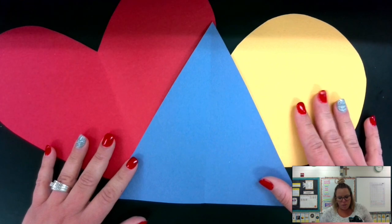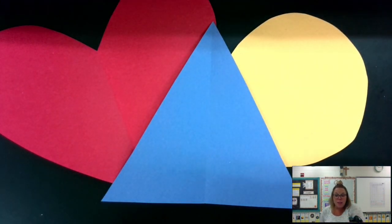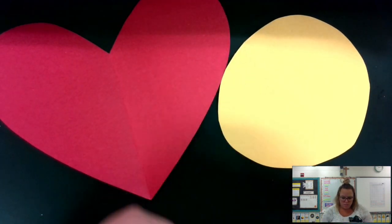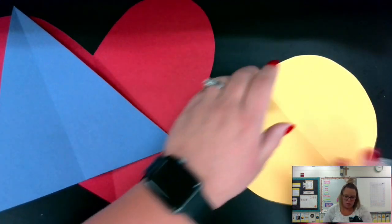Now, today what we want to do is we want to be able to divide shapes in half. We want to divide shapes in half. So what we're going to do is we're going to practice what that looks like today, dividing them in half. Now, if I take a look at my circle here,